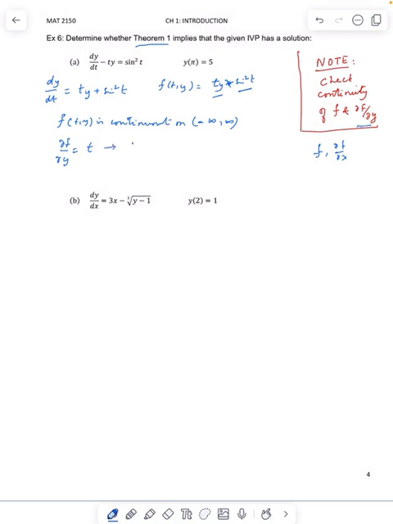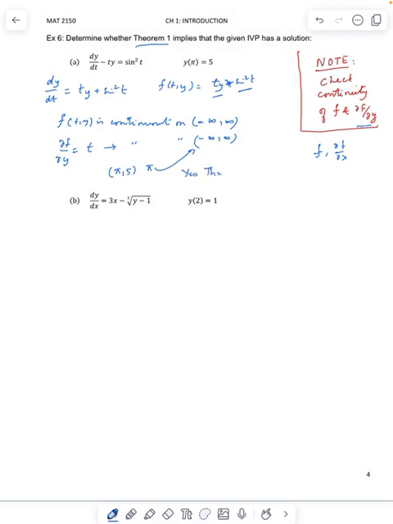Now this is continuous on negative infinity to infinity, and the given point, which is pi, belongs to these intervals, so we are fine. So we say yes,